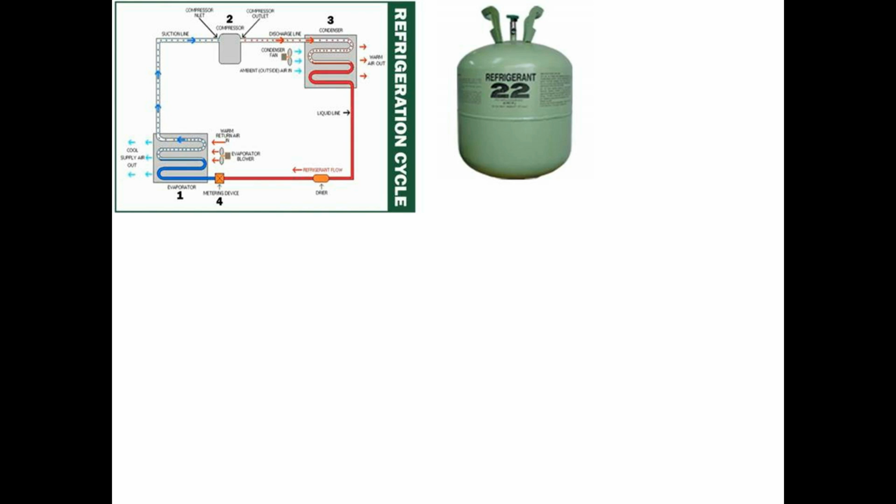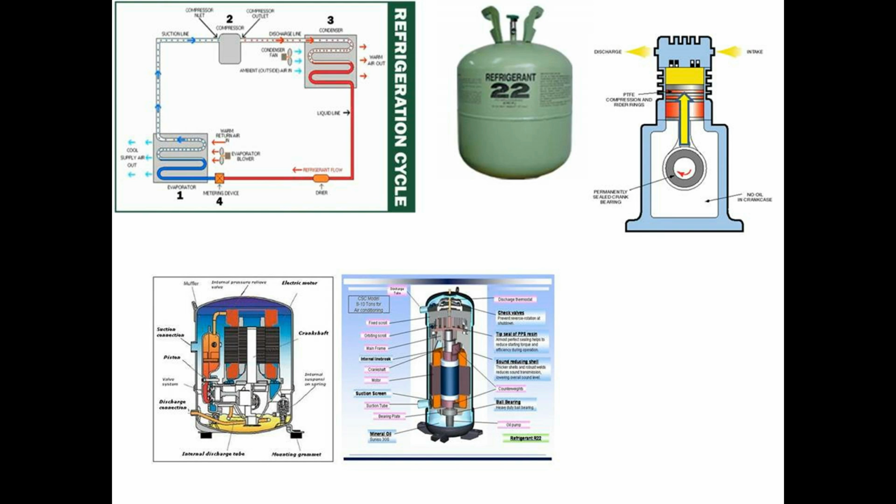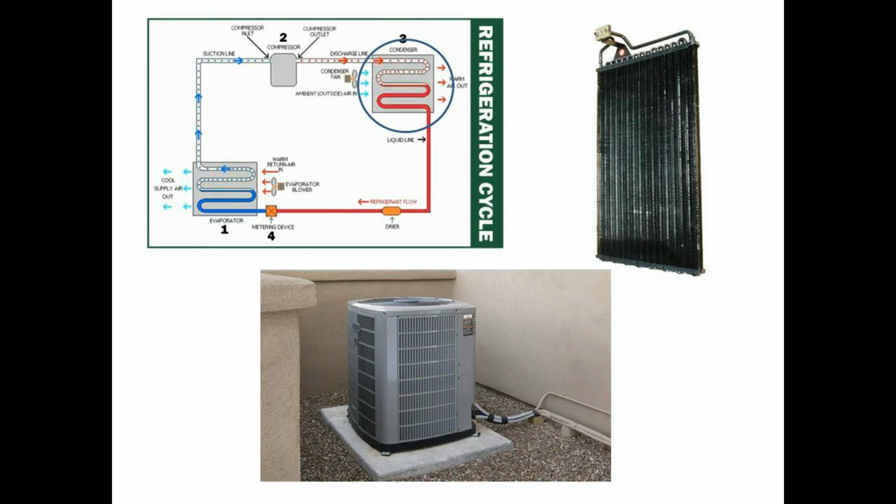In a mechanical heat pump, the refrigerant chlorodifluoromethane, or R22, is compressed by either a semi-hermetic, scroll, or rotary compressor to concentrate all the thermal energy into a smaller area, making the temperature of the refrigerant increase. The refrigerant goes into the condenser, where the heat is expelled to the outdoor environment, causing the refrigerant to condense